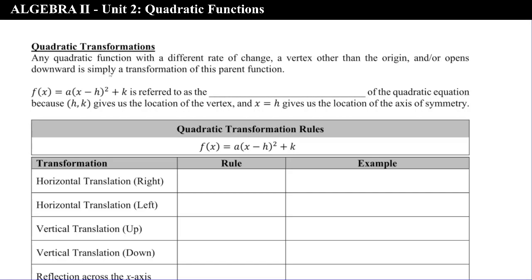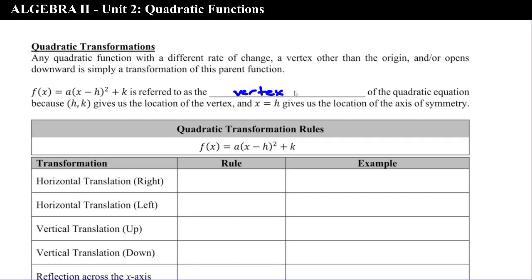Now, you may recall back in the last unit that we talked about the transformations of an absolute value function. Well, you'll notice that this setup for a transformation of a quadratic function looks very similar. So really, if you know the absolute value transformations, then you know quadratic transformations, especially when you're presented with a quadratic function that is given in this form. So f of x equals a times the quantity x minus h squared plus k. This is referred to as vertex form